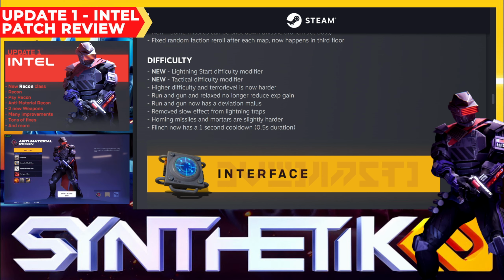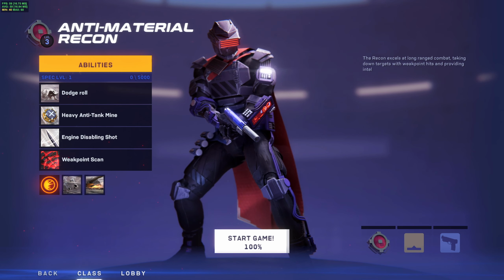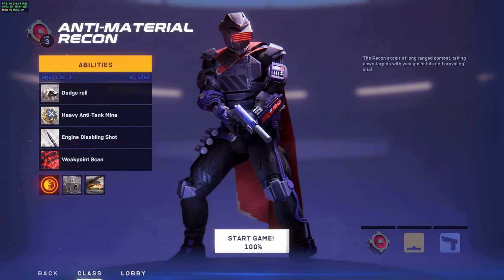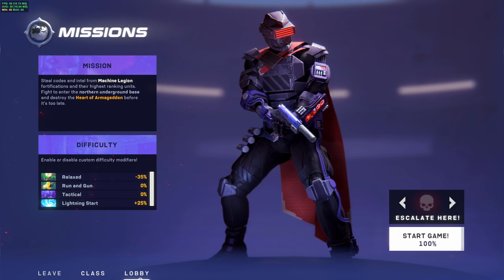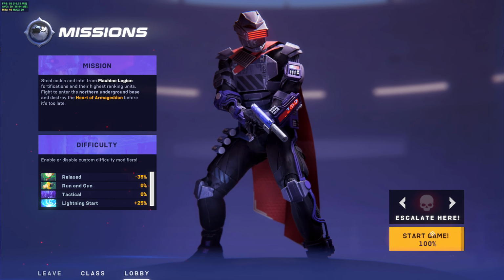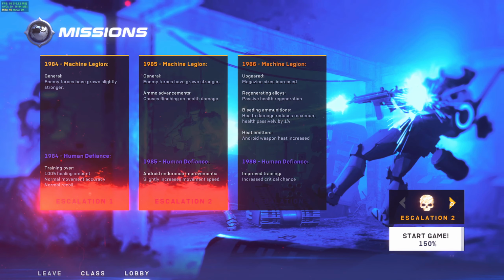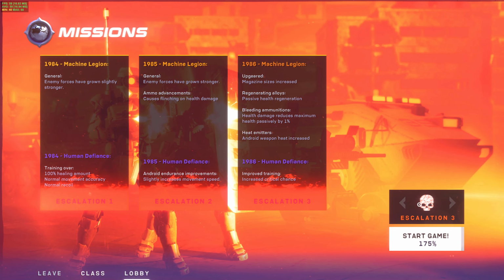Flinch now has a 1-second cooldown. Again, I don't know whether this is in base difficulty. I do know, and maybe this is a good chance just to jump into the game itself. One moment. I go into the lobby here. So this is the escalation here. So I don't know if the flinch relates to... Ooh, whoops. I don't know if the flinch...